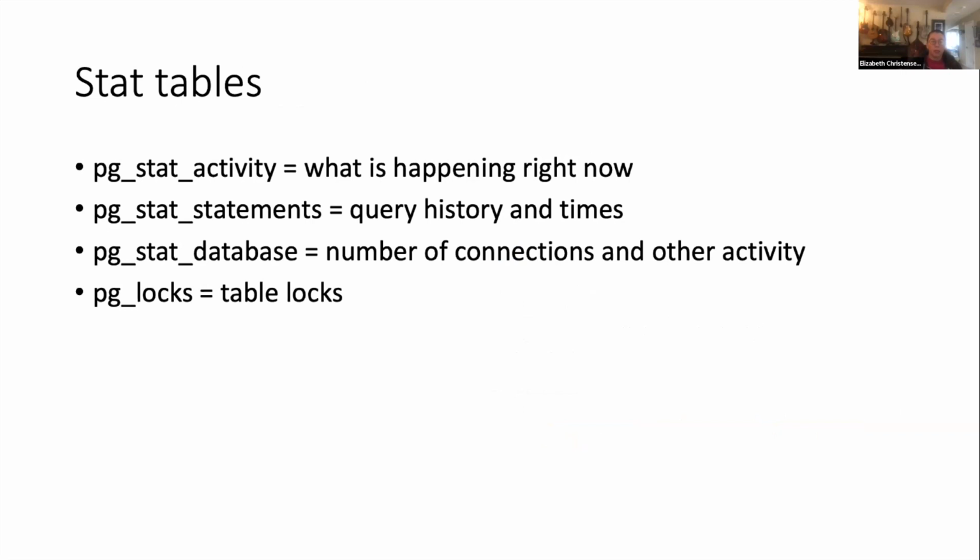Postgres has a lot of statistics tables inside of it to let you know what's going on. And that's one of the cool things about Postgres: you can literally use Postgres to learn about Postgres. You can write SQL queries against things like the stat activity table and the stat statements table to just find out what's going on inside your database. So if things aren't working right, or you want to know what's happening right now, that stuff's all available, and you can connect to your database and write a query and find out what's going on.